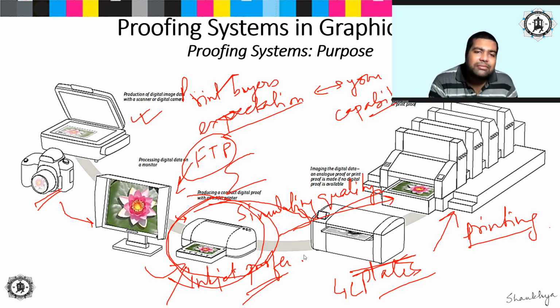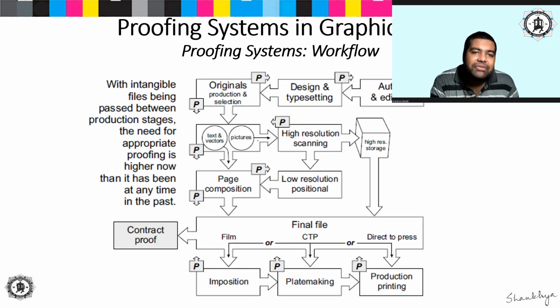Now, taking a proof is very much similar to printing actually. So for example, if you see this flow chart, you will find that a large part of this is similar to the pre-press and the printing operation basically. Only what is different is that you go for taking a contract proof using a digital machine, whereas for the final printing you then prepare plates or films, or even if you have another digital machine, and you go for imposition, plate making, and the final production printing.